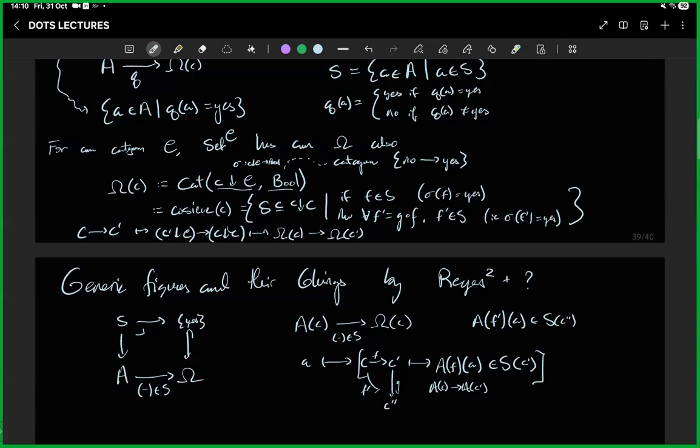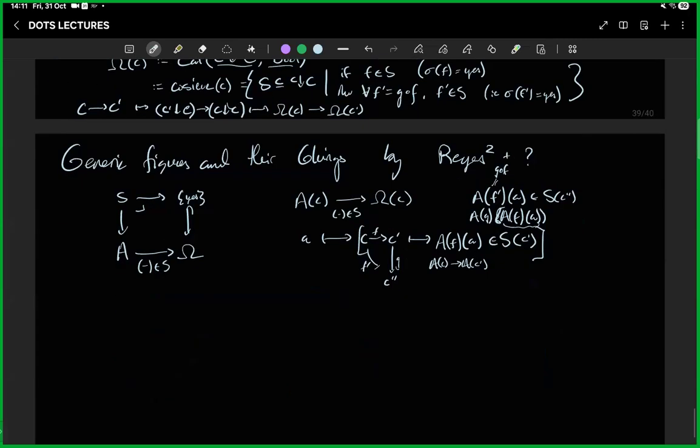Right. Well, how does that work? Well, this is equal to G after F. So this is equal to A of G after A of F of A, right? Or just A of G of A of F of A, right? But now we know that A of G, right? We know that A of F of A is in S. And we know that S is a subfunctor of